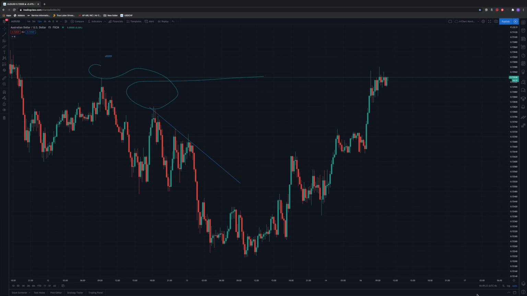Now, another important thing to keep in mind is the time along the bottom here. You have to make sure that this is in line with your time zone, otherwise it can mess with you a little bit. Now, obviously, I'm in Western Australia, so my time here is UTC +8. That means that when I run my little cross here along this chart, you'll see down the bottom along the time scale, there's a little tag attached to it, and that tag is going to move and show the accurate